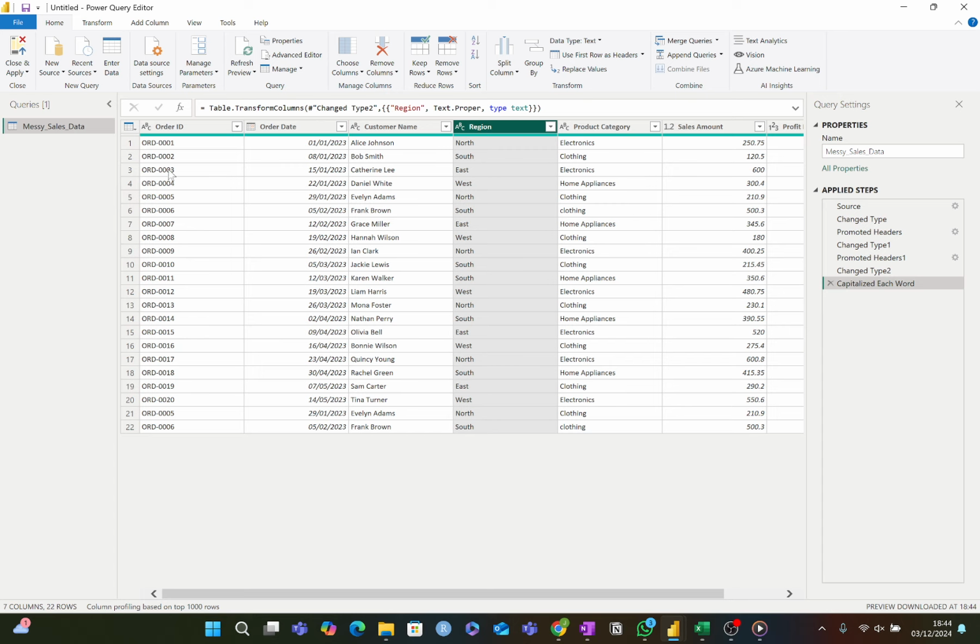which isn't good. The next thing that I notice is it looks like there's some duplicate values. We've got order IDs 1 through 20, and then it looks like 5 and 6 appeared again. So what we're going to do for that is go into the home tab again. I'm going to click remove rows, and there's a remove duplicates button. And if you watch,